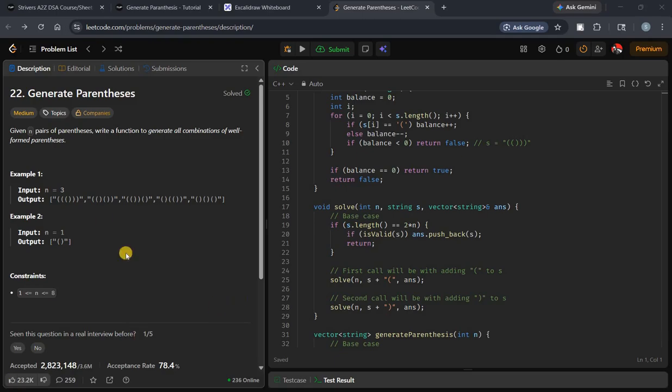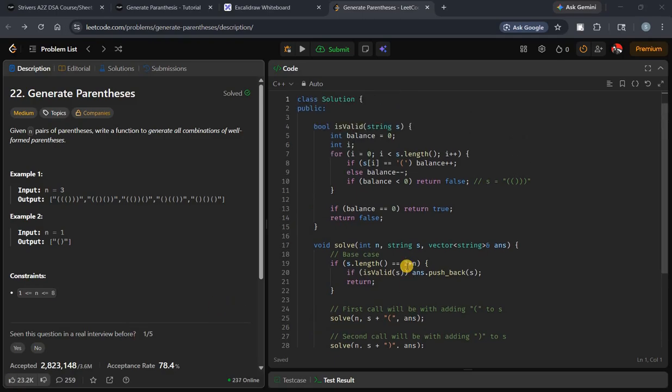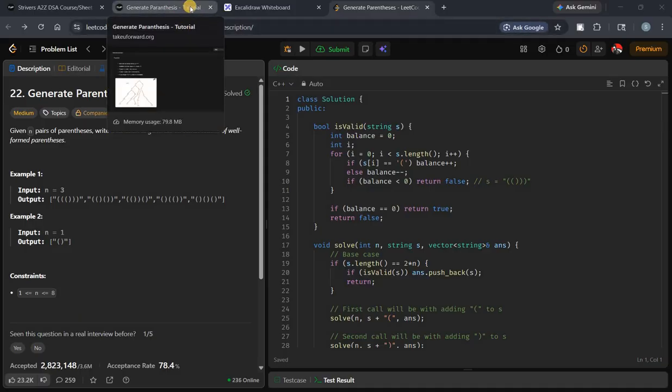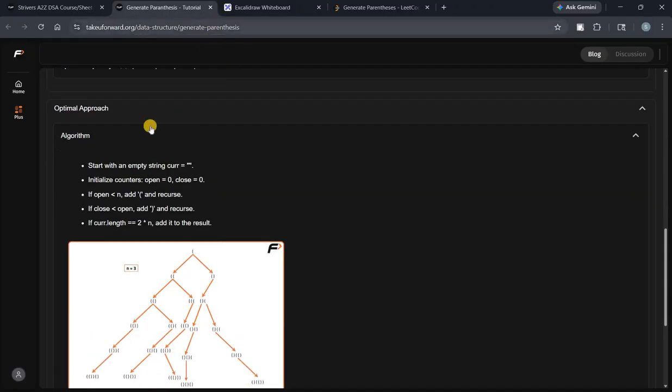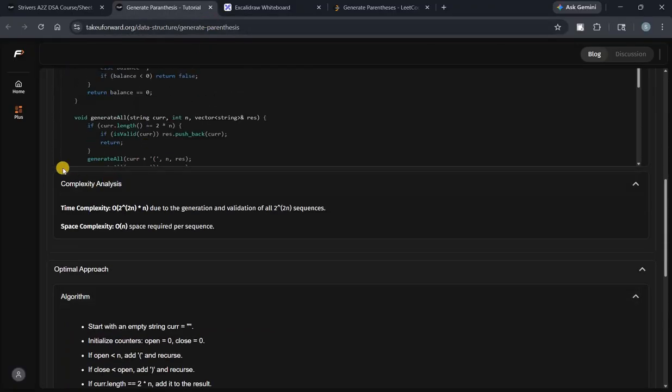So yeah, today we'll solve this problem. Okay, I already solved it. This is the problem of generate parentheses. Actually, I was seeing the optimal approach. The brute force approach I already solved,